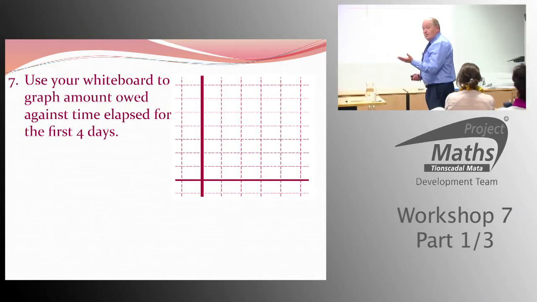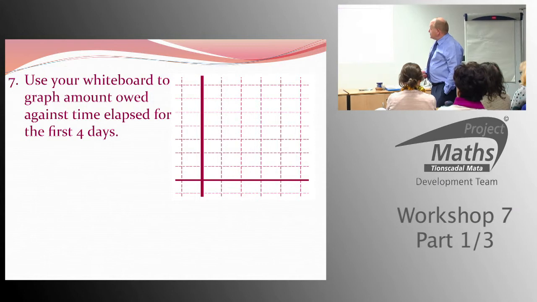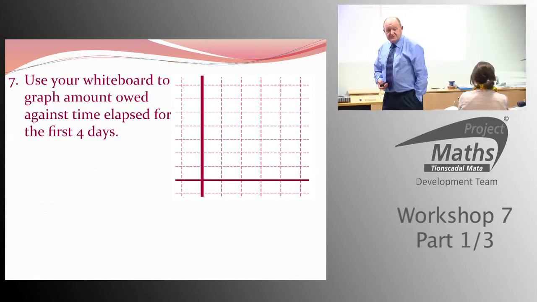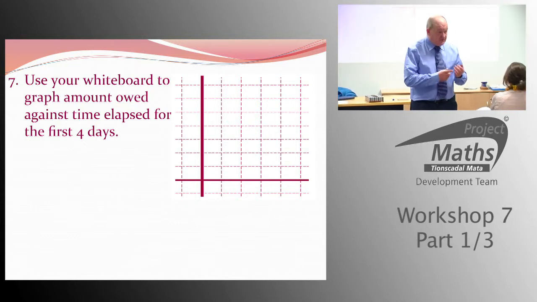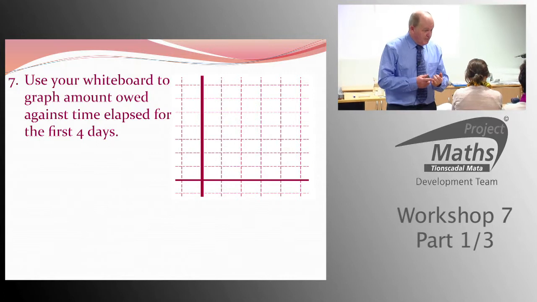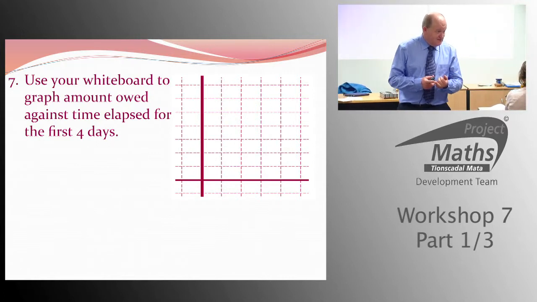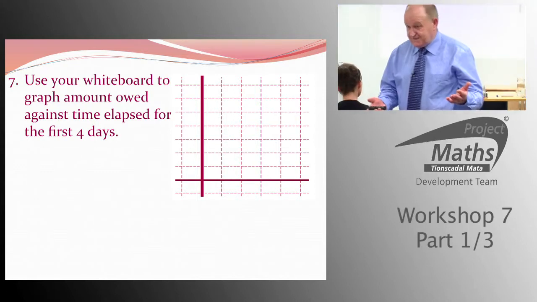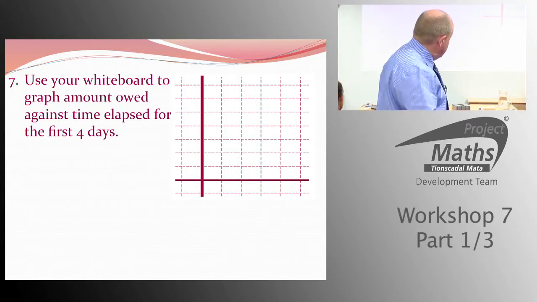It says use the whiteboard that you have there to graph the amount owed against time elapsed for the first 4 days. You already know that day 0, you have 100 euro. Day 1, you have 120 euro, isn't it? And day 2, you have so on. You nearly know the couples already at this stage. But for the first 4 days,